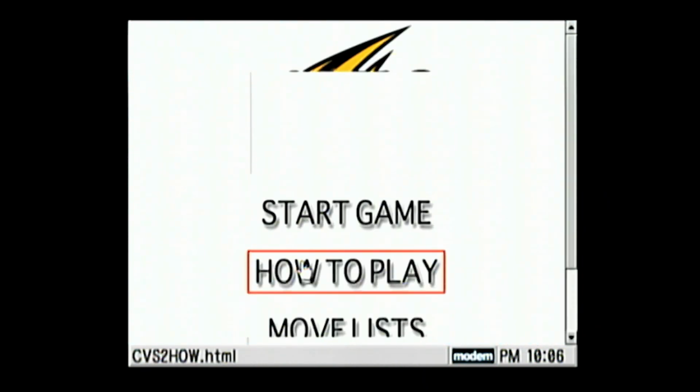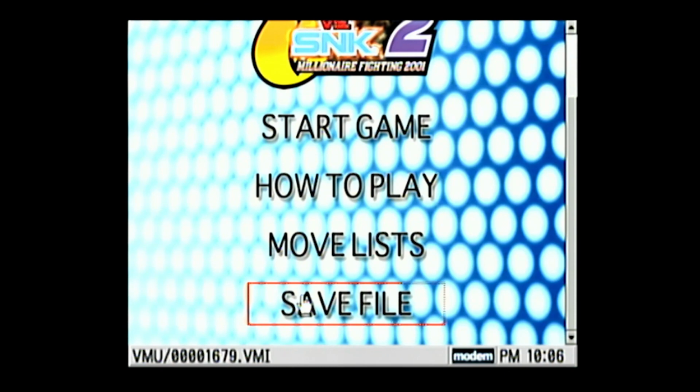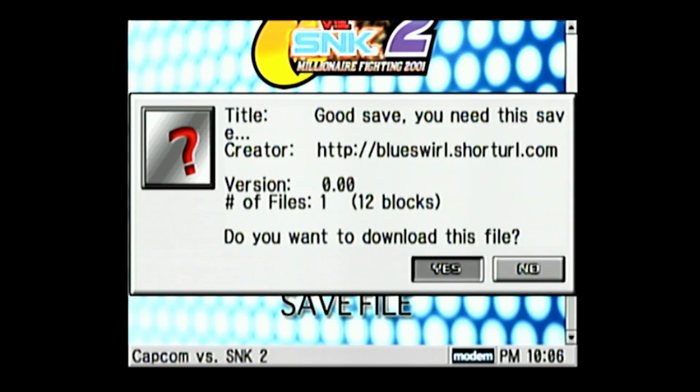And in addition to that, you may have noticed this option here labeled Save File. This actually downloads a 100% unlocked save file that's stored on the disk and allows you to download it to your VMU. Obviously, this is not the only example of something like this. I mean, there's literally an entire program called Dream Explorer that is just loaded with hundreds of save files for games. I actually don't know the exact number, but the point is, this is not the only program that